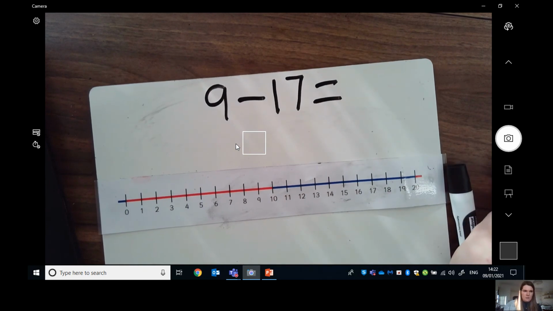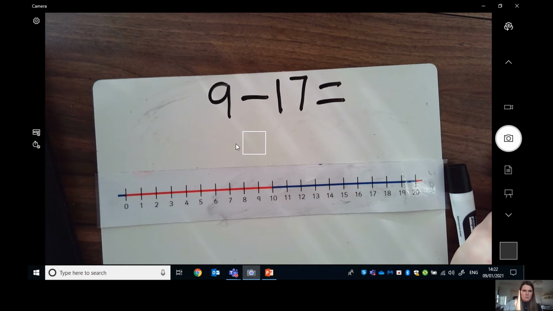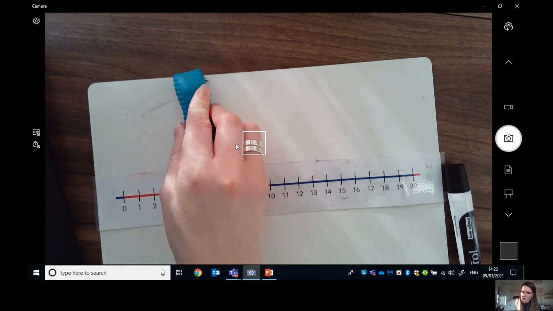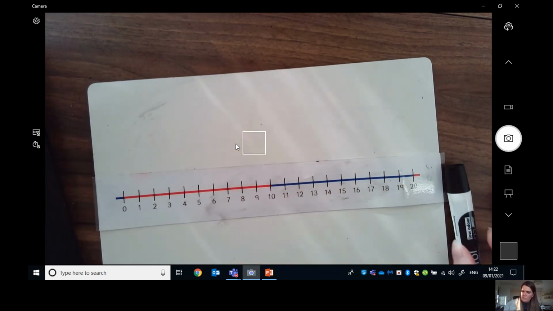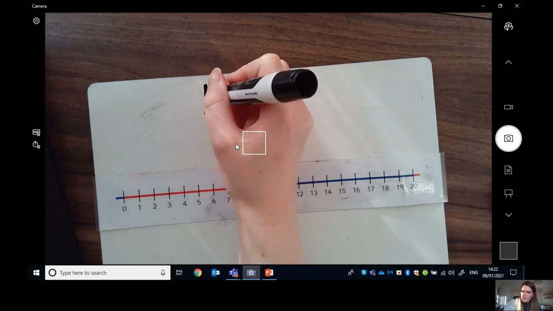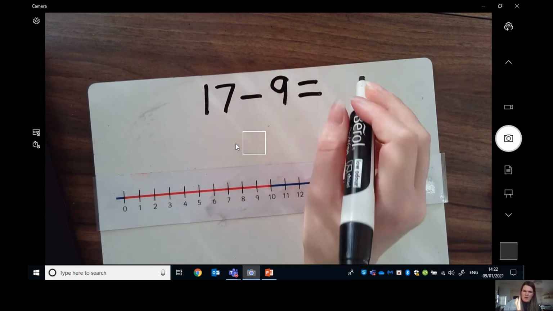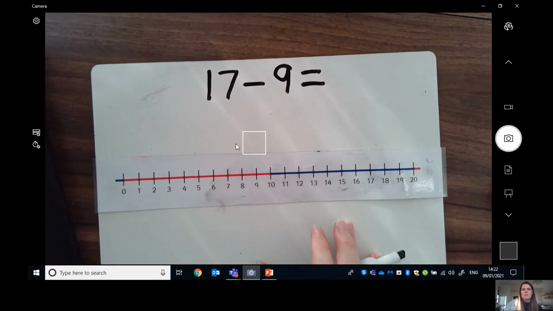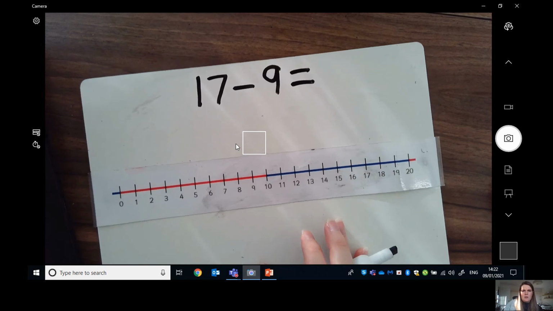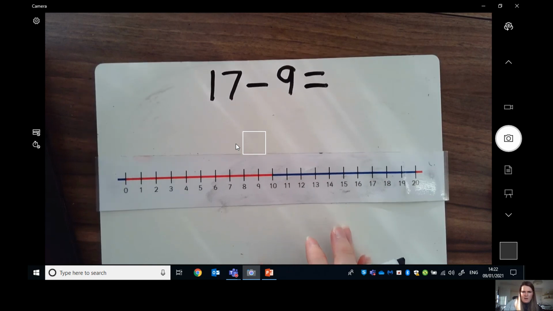I'm not ready to go. Did I write 17 minus 9? Thank you. I wrote it the wrong way round. That wouldn't have helped, would it? 17 minus 9. Well spotted, guys. 17 minus 9. Right. I've written my equation, and the first thing I need to do now is find the